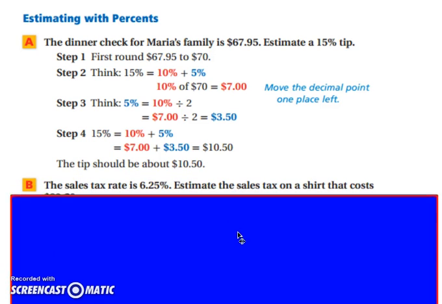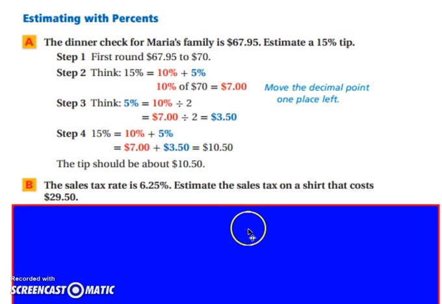Let's look at another problem. The sales tax rate is 6.25%. Let's estimate the sales tax on a shirt that costs $29.50. All right. Each state has different sales tax. Like New Hampshire, for example, we don't have a sales tax on things like shirts. However, we can still simplify and practice. So the sales tax rate is 6.25%, and we want to estimate the sales tax on a shirt that costs